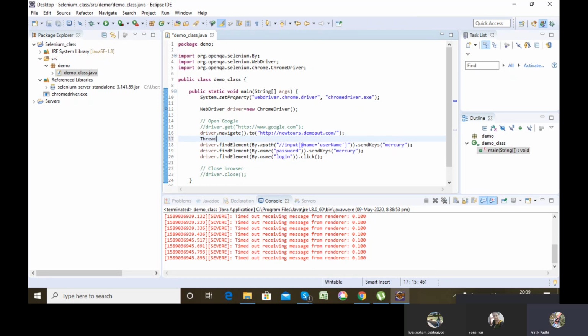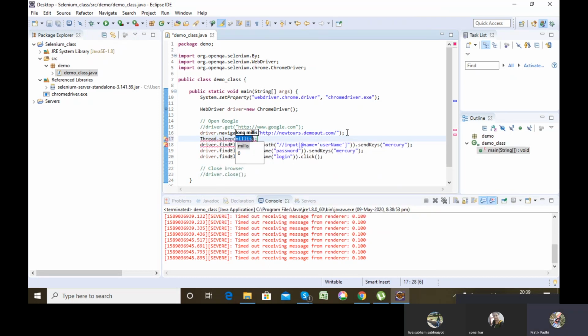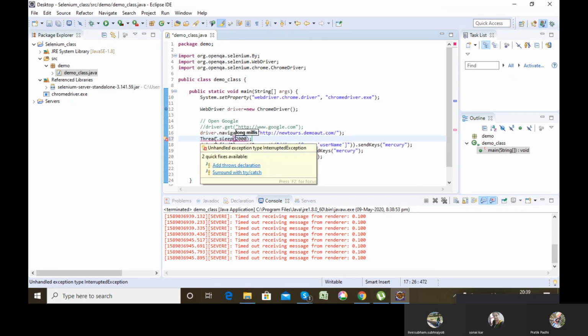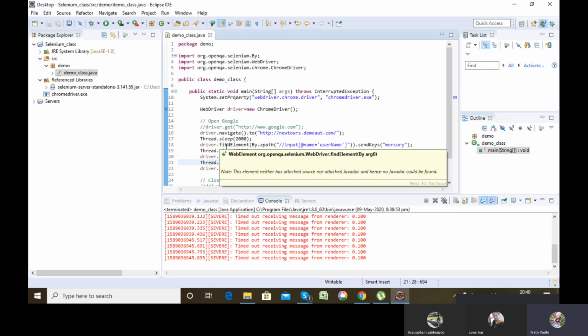For that we use Thread.sleep. It will wait for 2 seconds before executing the next line of code, so you can view the process by process.